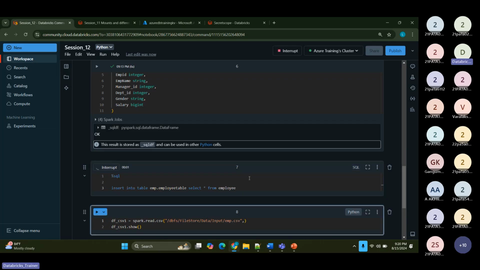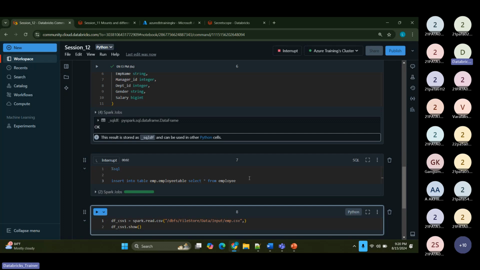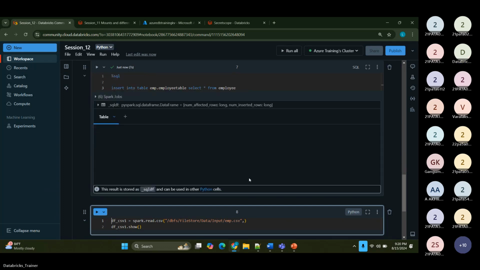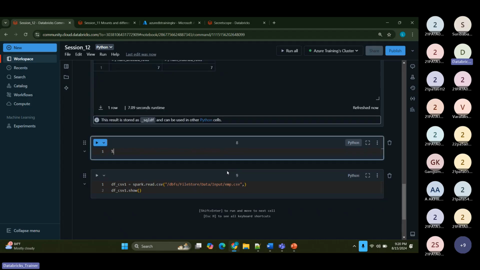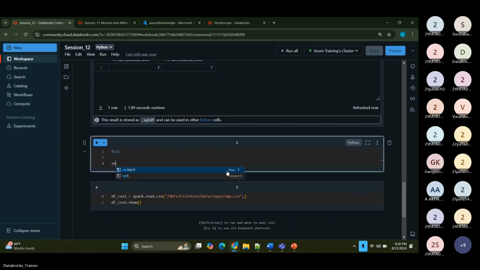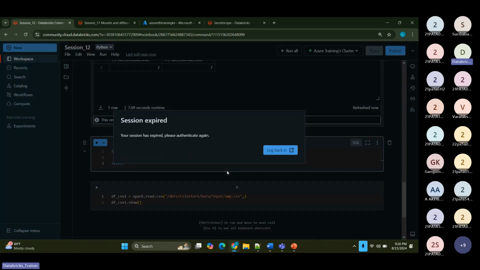This is the one thing which everyone knows. Now, the number of affected rows and number of inserted rows is 7 and 7. Now, if I'm showing you, select star from